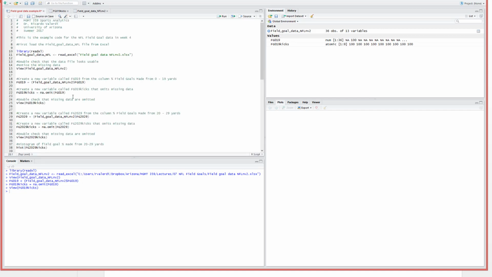Now let's handle the data for field goals made from 20 to 29 yards. So we will create a variable called FG2029, which is extracting here the column $FG2029, meaning the column labeled this, from this data file, the field goal data NFL NV2. You'll notice on the right there are 36 entries, just like in the previous case, and just to be safe, we will omit any missing data by using the same function as before, na.omit